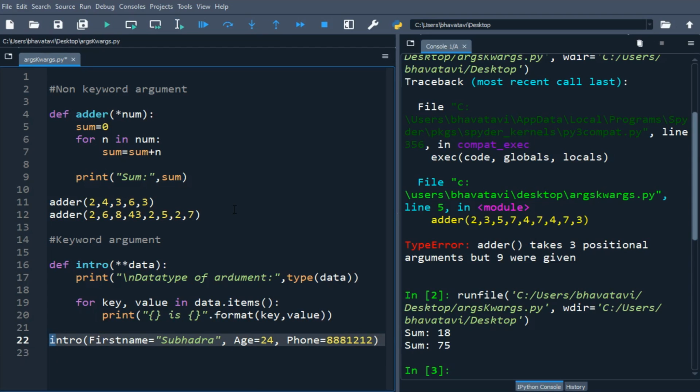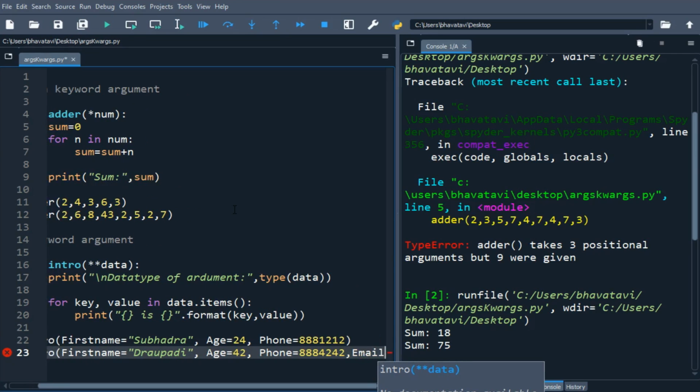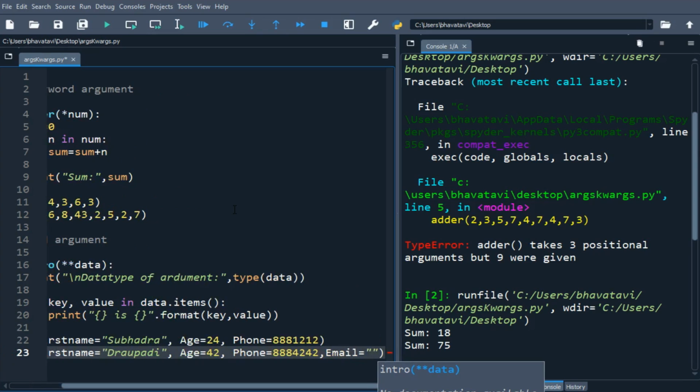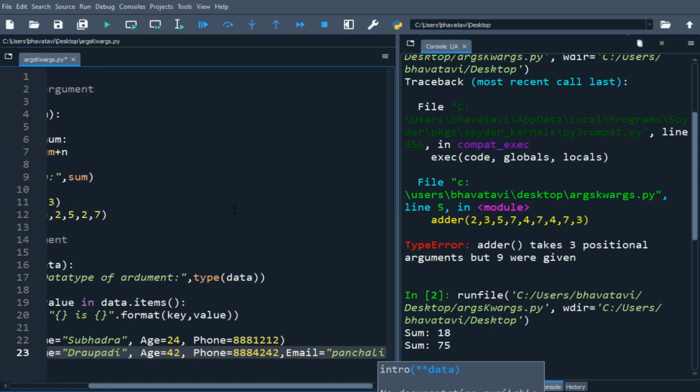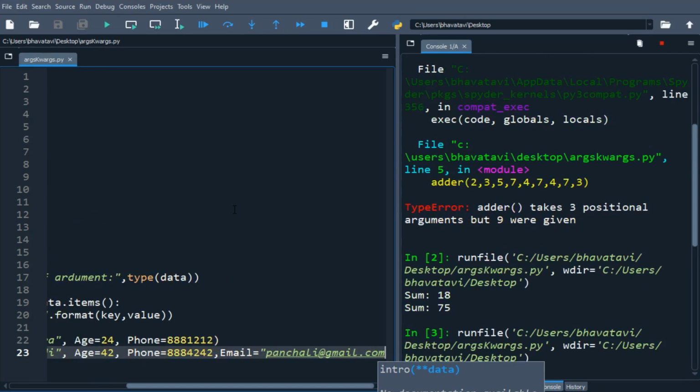Now I will just copy it, and again I will call this and change the data inside it. So first name I am going to take as Draupadi, let's say age is 42, phone number is 4242, and I am going to add email also inside it. Email equals panchali@gmail.com. So when I run it, you can see